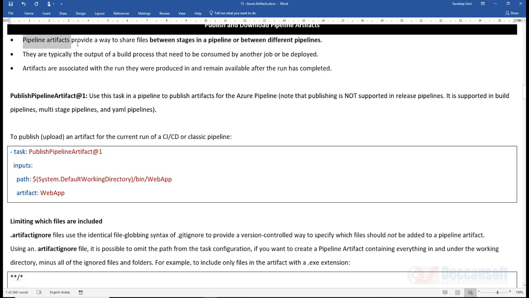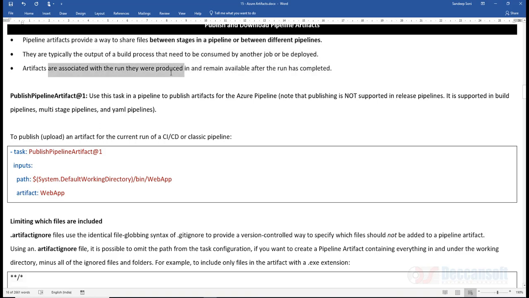Pipeline artifacts provide a way to share files between stages in the pipeline or between different pipelines. They are typically the output of a build process, same thing, that needs to be consumed by another job to be deployed. Artifacts are associated with the run.